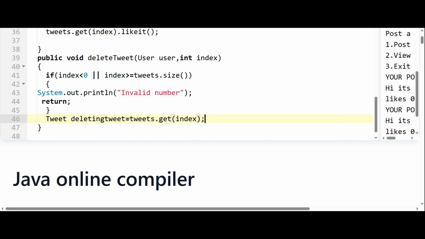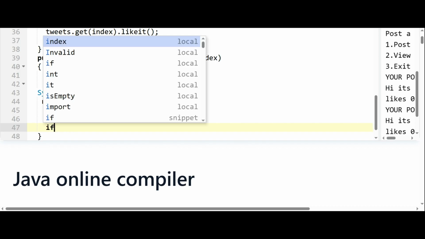So this is the tweet that we're going to remove. I'm going to store it because we need to check if we're deleting the correct user's tweet. So if